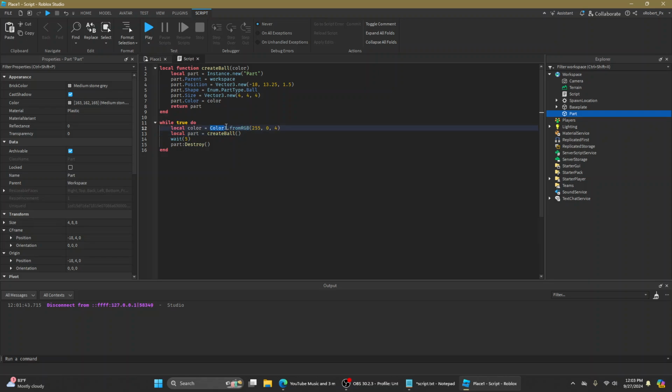It has to be a Color3 variable, because if you just set the color of a part to a number, it'll give you an error. It has to be Color3. Or you can do BrickColor, but we're just using Color3. And then if you just type the color variable in here, it'll send the variable into the color variable in here. And when you set it,